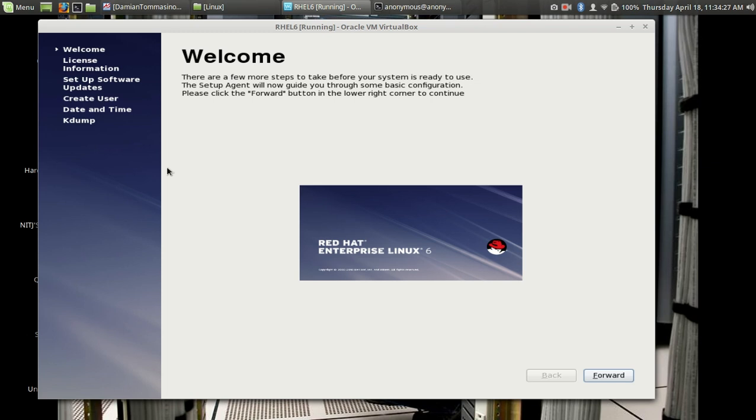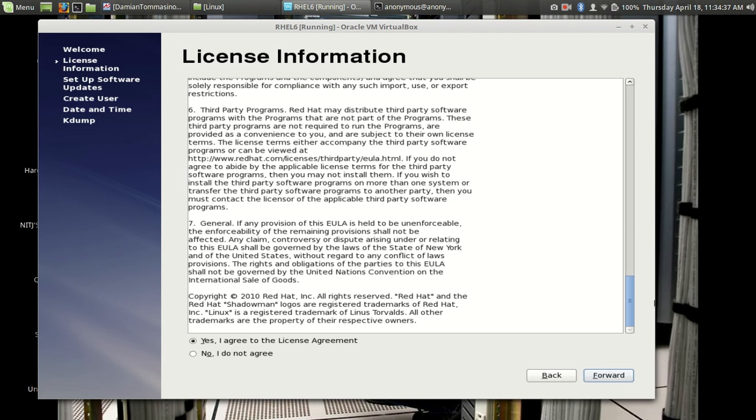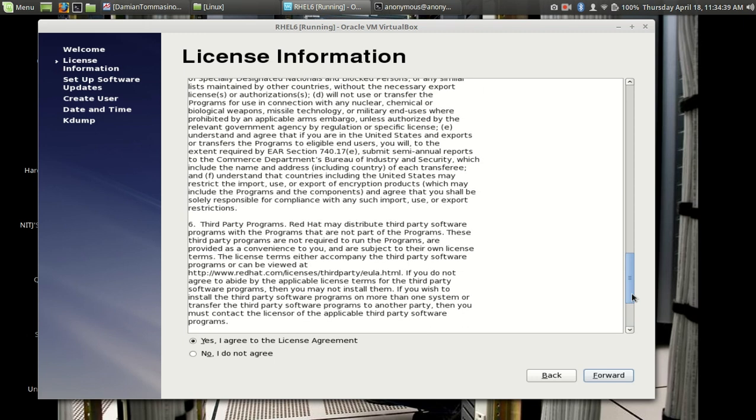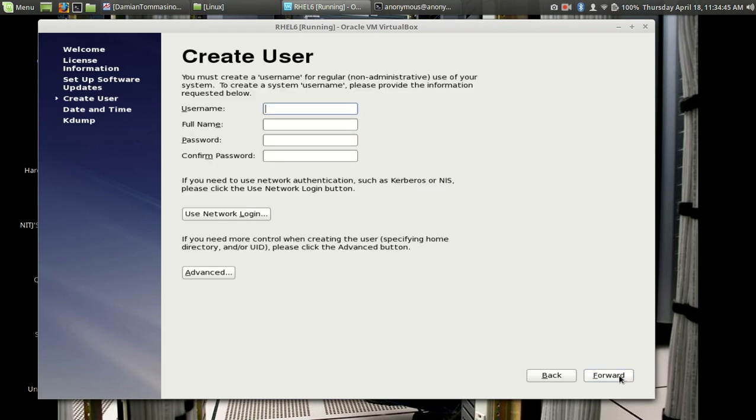Every Linux asks for the license screen. Click forward. Yes, I agree. It is up to you. You can read or not, but you are supposed to read, right? Set up the software updates. You want to software update setup? Yes. So I have the distro of Red Hat 64-bit. Every 64-bit version,